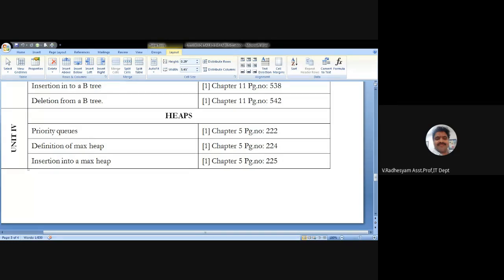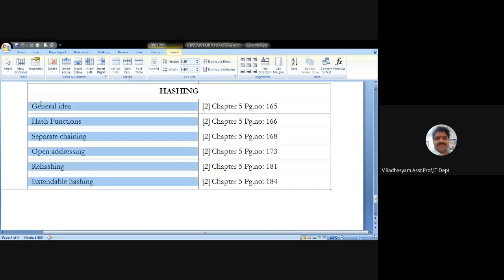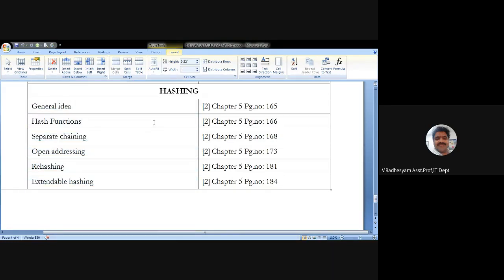Better than that, and the best solution, is the hash table. As I told you about hashing last year, there is a data structure called a hash table. If you apply that, then you can get the three operations within a fraction of time: add a new player, remove an existing player, search for a player.